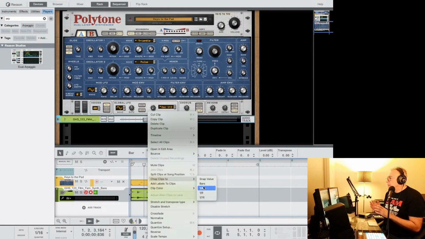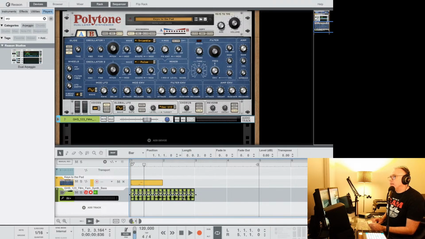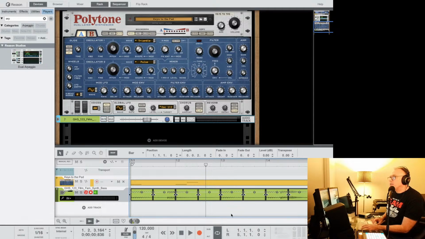And okay, I feel bad mentioning Ableton again, but in Ableton, if you do bring it in the simpler, you can have the auto slice. And I think you can do it in Mimic as well in here as a sampler. But this will actually take the audio clip and split it up for you, which is really nice. And so if we go into eighth clips here, it basically creates all of your sounds, but you can use